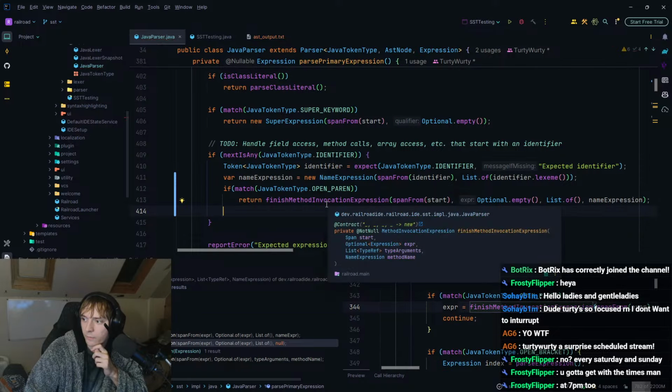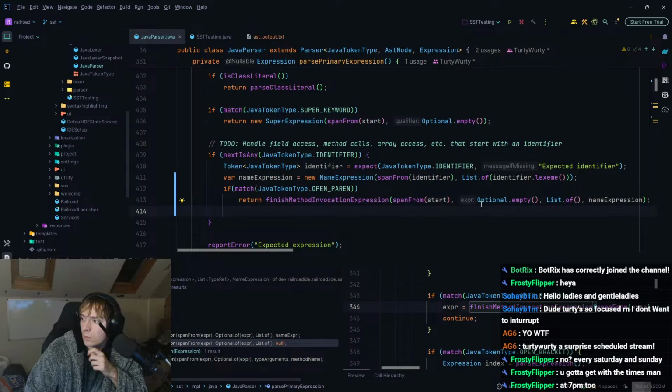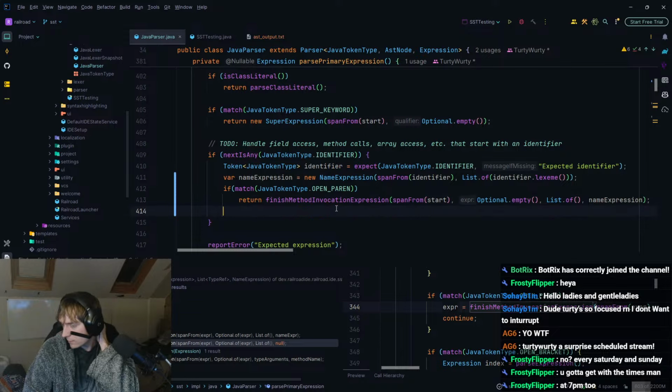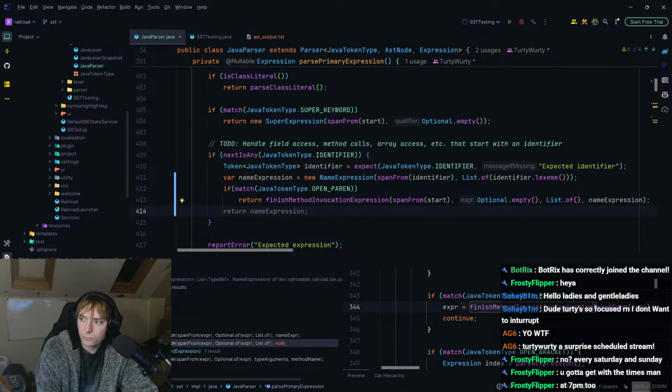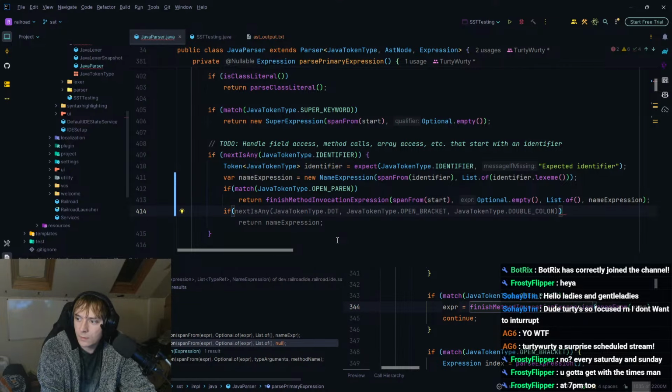So that'll be finish method invocation. That's the expression. Then yeah, that's correct. Okay, the next one is if we match a dot, open bracket, double colon, and it returns name expression.